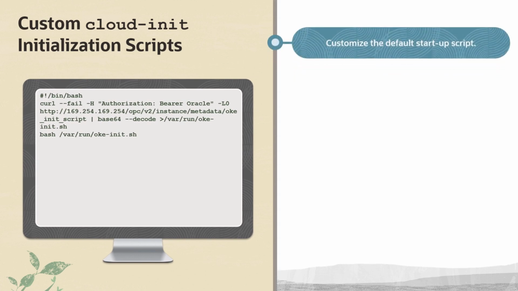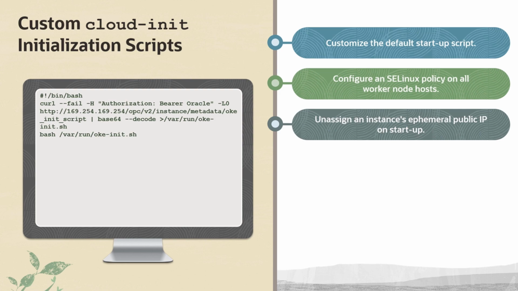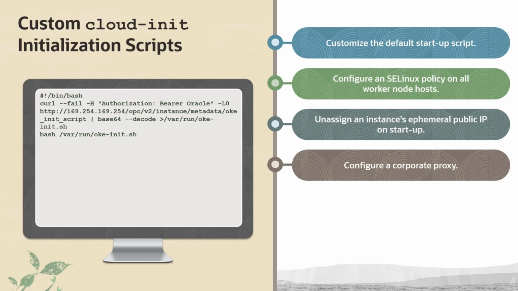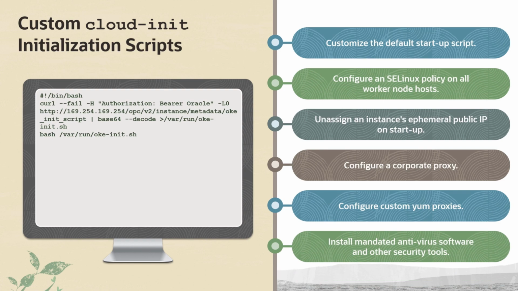You can customize the default startup script by adding your own logic to the script, either before or after the default logic. Customizing the default startup script enables you to configure an SELinux policy on all worker node hosts for security and compliance purposes. It also allows you to unassign an instance's ephemeral public IP on startup and reassign the instance a reserved public IP instead. It allows you to configure a corporate proxy, also configure custom YUM proxies, and install mandated antivirus software and